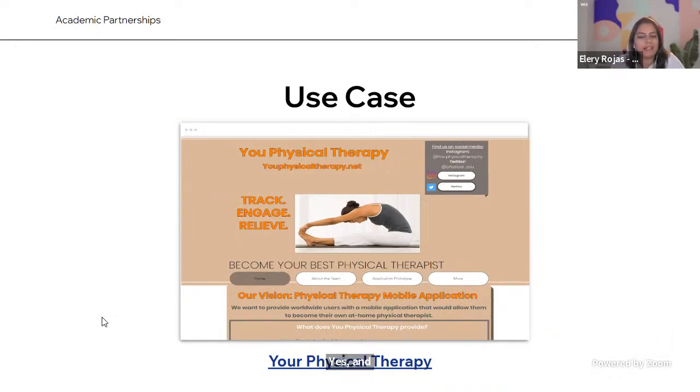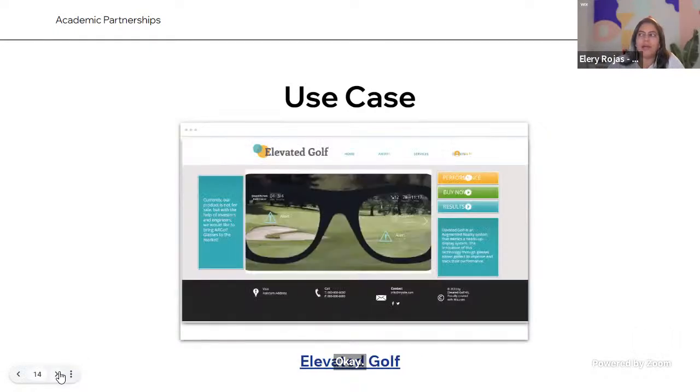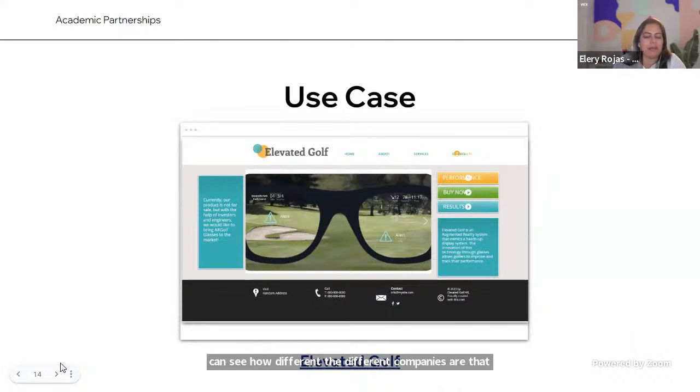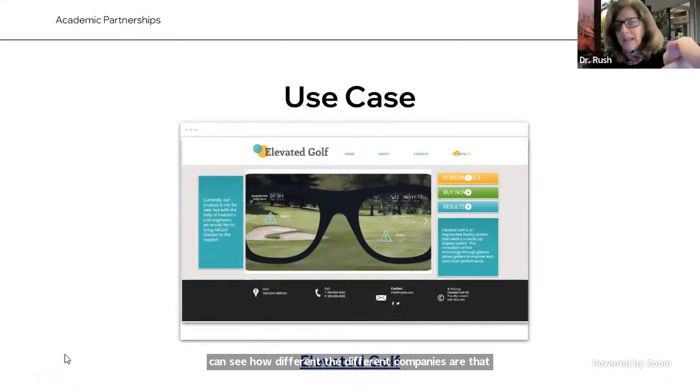And so I've added several examples here that she shared with me that some students have created. This will be available to you in the deck so you can go through it. But really, I've added them in here so you can see how different the companies are that other students have made. And at the same time, you can see how easily these were... Actually, can I interrupt you, Ellery?